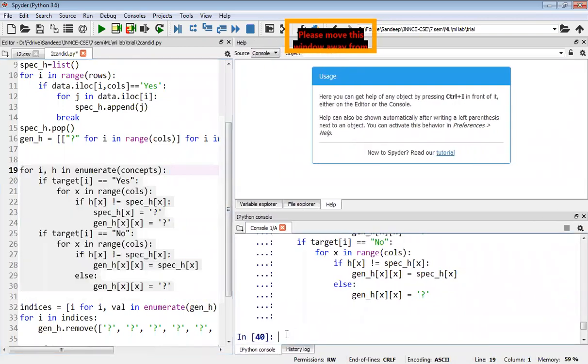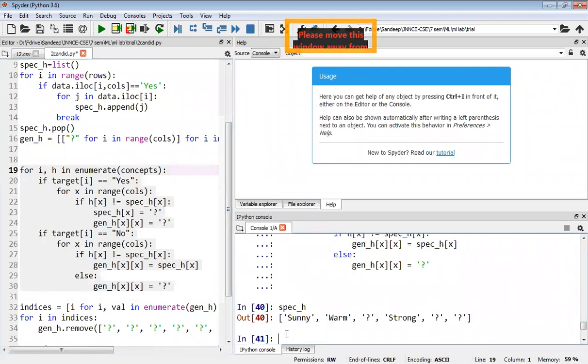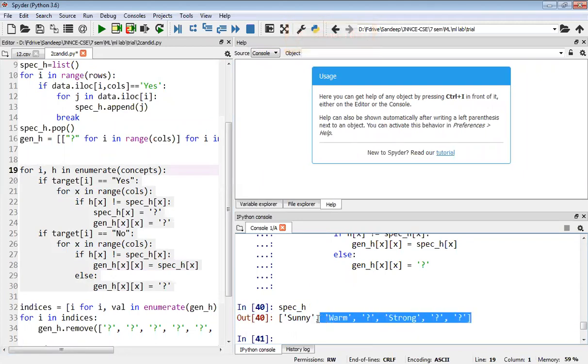Now I want to see what specific hypothesis I got. Specific hypothesis: Sunny, warm, question mark, strong, question mark, question mark. So in our algorithm, if you solve it manually, this is what we get.